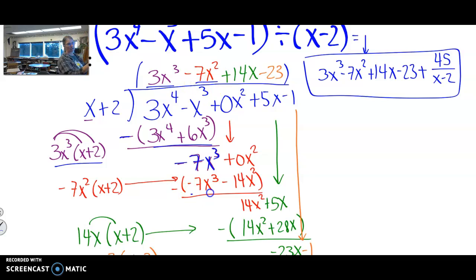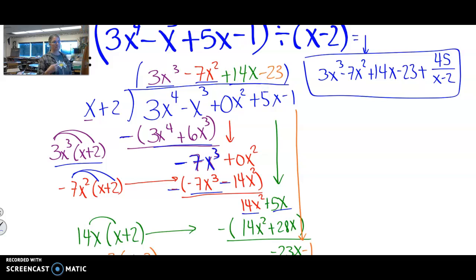negative 7x cubed, and then when you distribute to both terms, you get negative 7x cubed minus 14x squared. Then you're subtracting a negative, so you end up adding the 14x squared, and that becomes 14x squared. The negative 7x cubed minus a negative 7x cubed adds to 0. You bring your next term down, which is the 5x, and you have to multiply by